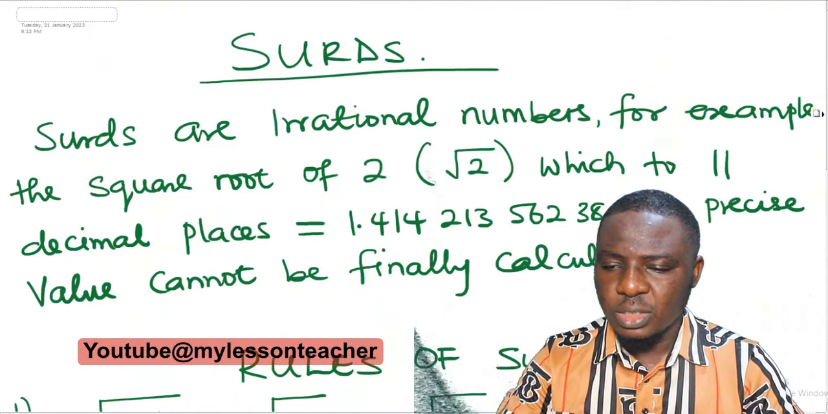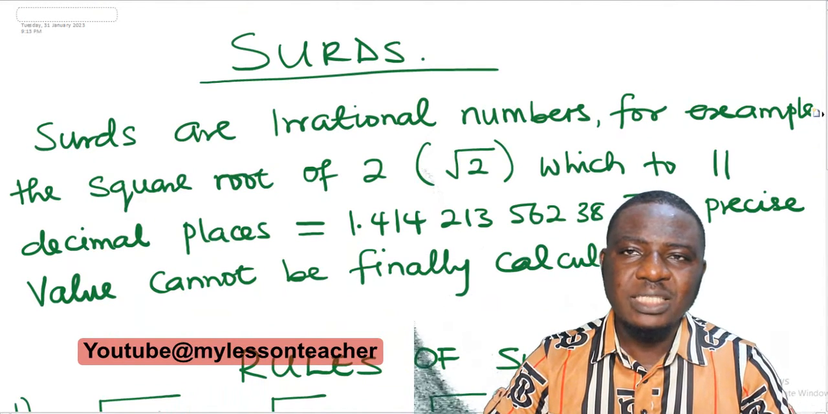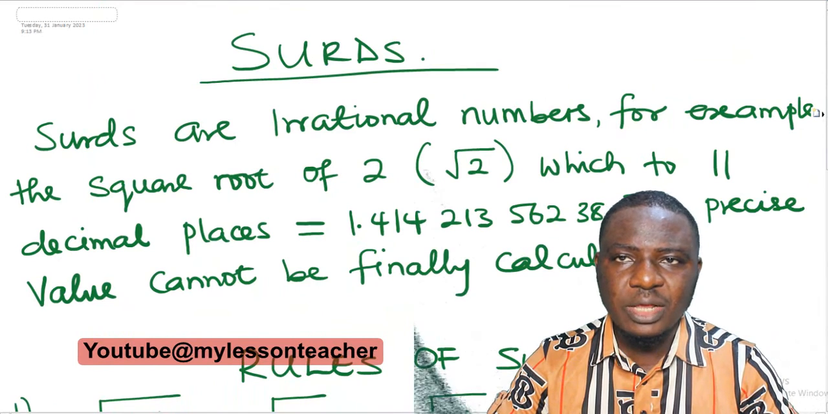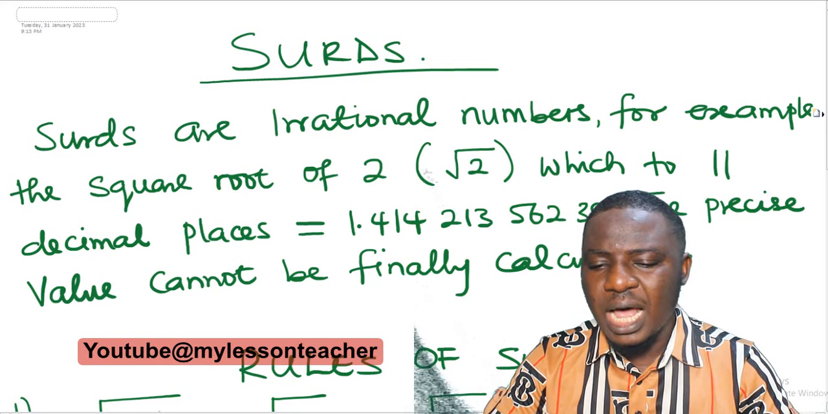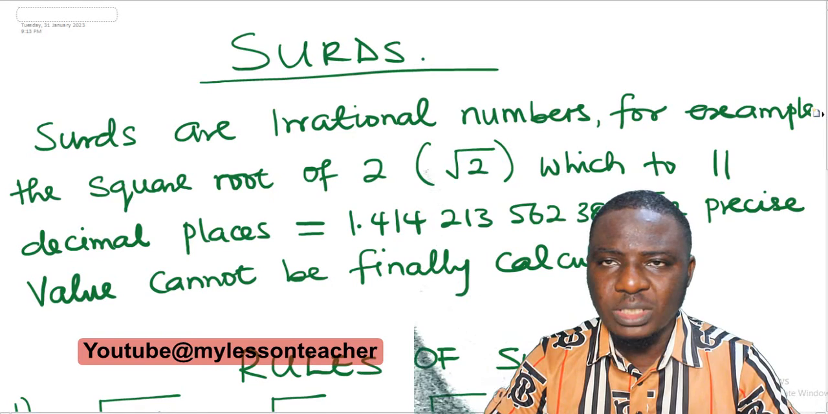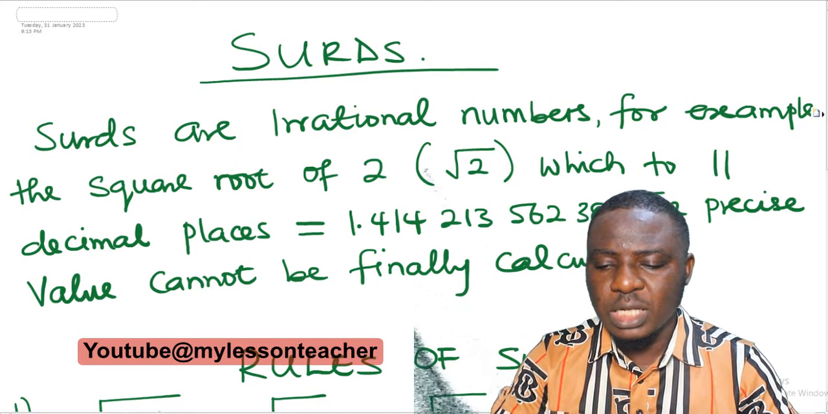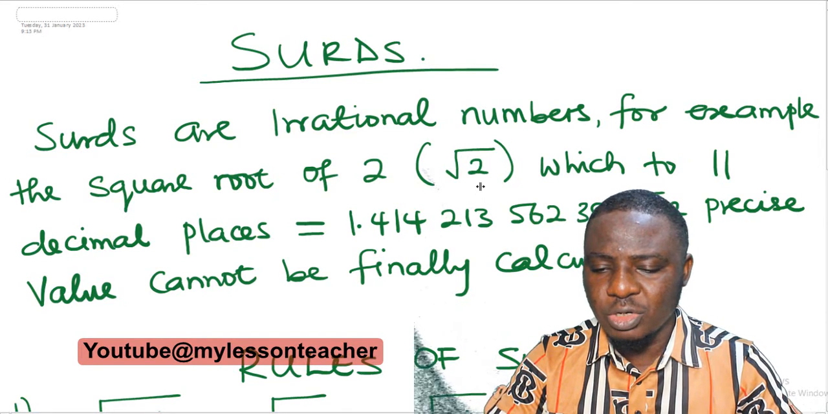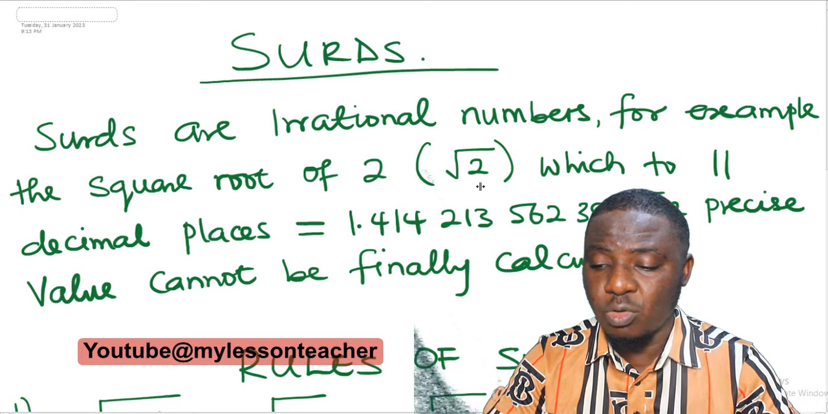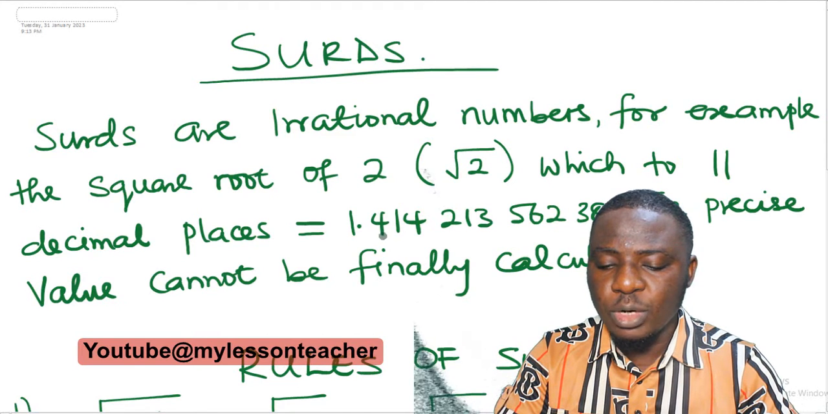In today's class, we shall be looking at surds. What we learned in the previous class is just like a revision to aid us in surds. And what are surds? Surds are irrational numbers. By saying irrational numbers, you know what I'm talking about. For example, the square root of 2, that is root 2, is said to be a surd, or an irrational number, which to 11 decimal places will give you